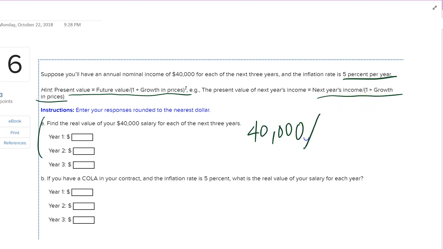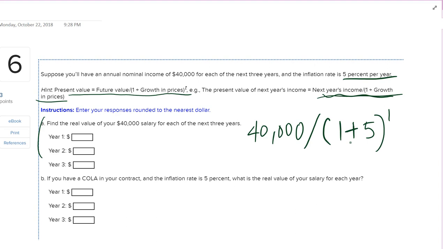Divided by, we're using the formula right here, 1 plus the growth in prices. We're given that the inflation rate is 5%. And we're told that for year 1, it's for that period of time, so it's 1 year. So the real value of our $40,000 salary for year 1 is going to be this calculation. $40,000 divided by